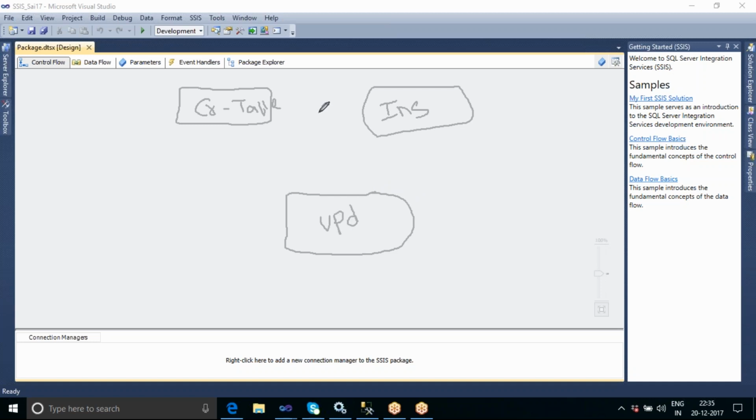So we have three different tasks. Which task will you start with first? Whether you will start with the create table task first, or we will start with insert data or update data. Which task will you start first? So this, create table. So after creating the table,